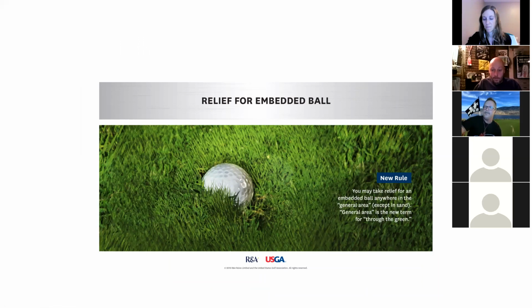So you do get relief in the general area. This is anywhere on the golf course other than the hazards, the bunkers. Just pick it up. With Patrick Reed a couple weeks ago, he did not break the rules, but he did it in a way that was a little shady, where he marked his ball and moved it and then asked for a rules official. So there is lots of question as to whether he did it correctly or not. But you are allowed to take relief.